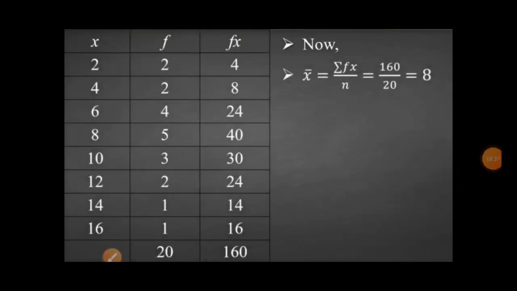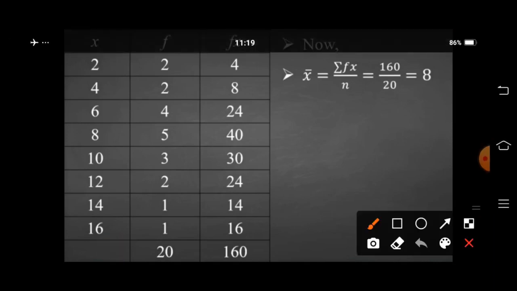First we will find out the mean. For finding the mean, the formula would be x bar equal to sigma fx upon n. So we need sigma fx. For sigma fx we need an fx column, then we are able to get the total of that column. So for getting fx we will multiply f and x. So make here an fx table,